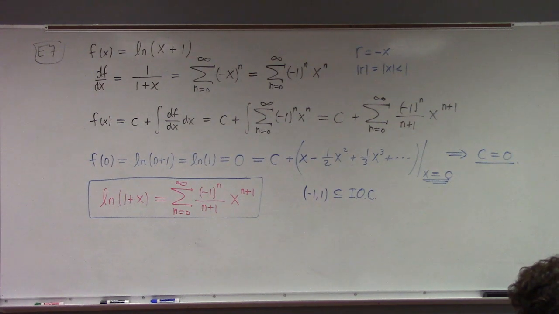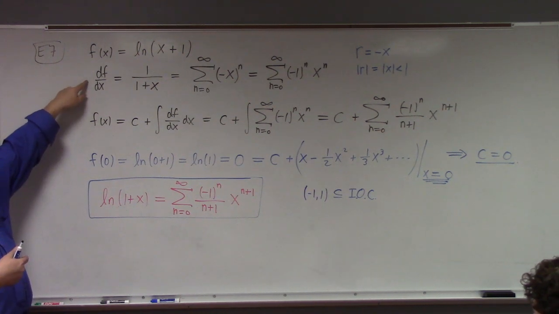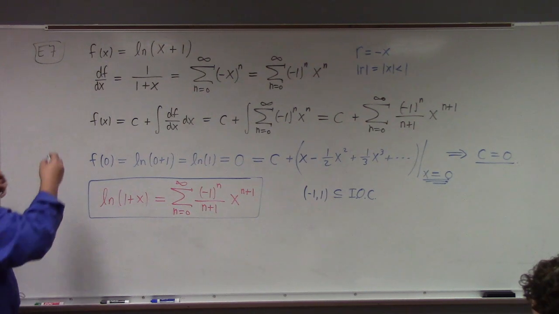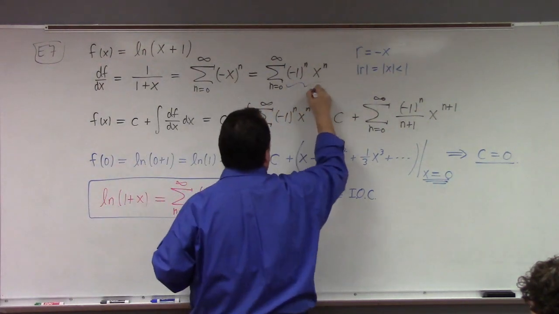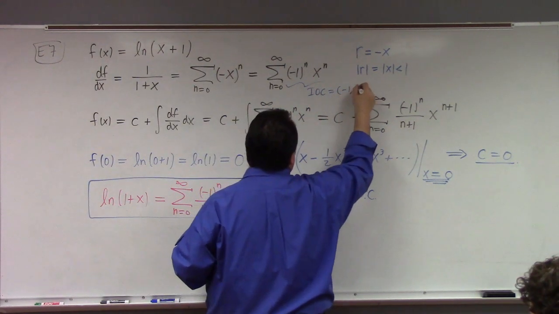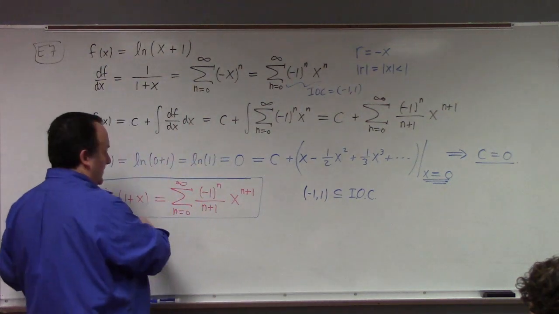But notice that we don't know that the interval of convergence is the same for a function and its derivative. Differentiation and integration conceivably could change the interval of convergence. As a general rule of thumb, integration tends to add points, and differentiation tends to take away points. We're going to see that integration added a point in this example. So the interval of convergence for the derivative is straight up minus 1 to 1. Like this series has IOC minus 1 to 1. That's not in debate. But the IOC for the natural log,